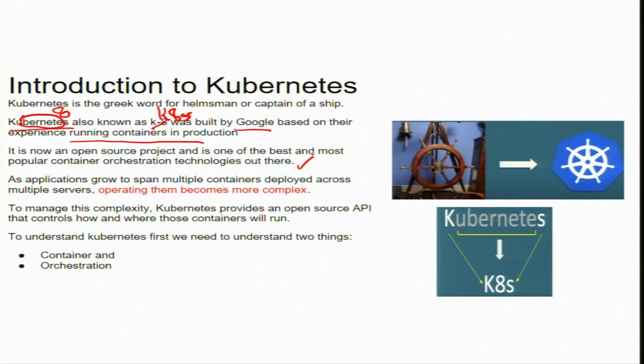Now, to understand Kubernetes, we have to understand two concepts. One is the container and the other is called orchestration. Before we go ahead, I will let you know about its use in the IoT. So, in the IoT parlance, for example, you have a situation where you have an IoT device and so many IoT devices are now running,